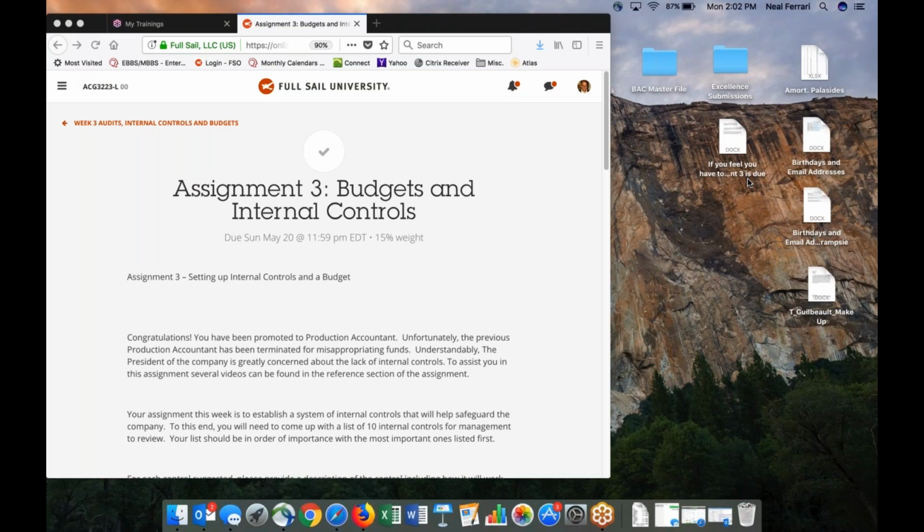The assignment for this week is to come up with a budget for your Gemstar Productions company, as well as a listing of 10 internal controls. Now, internal controls are procedures. We talked about them late last week. They're procedures that are designed to either protect the data going into the financial statements or to protect the company's assets. So, for instance,